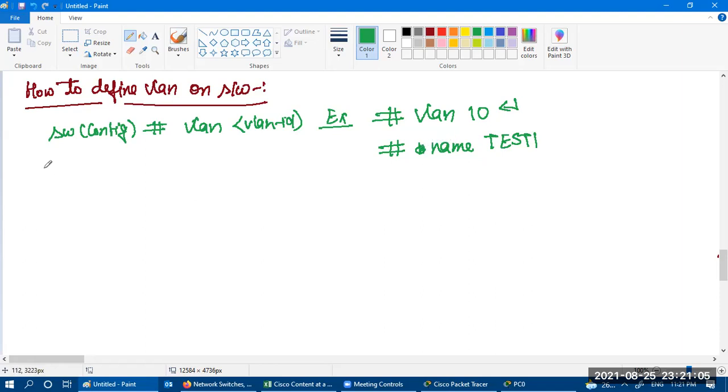In the same manner, if you want to create multiple VLANs, in config mode you can say VLAN 1-10. If you are using the hyphen, it will automatically create all the VLANs between 1 and 10.